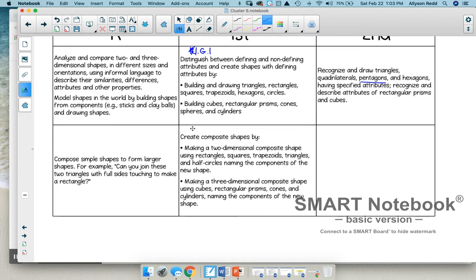And then for 1G2, in kindergarten, what relates to this work is composing simple shapes to form larger shapes. So, for example, can you join these two triangles with the full sides touching to make a rectangle? Right. So here they were really just taking simple shapes and making another 2D shape with it. But here we're going to actually make composite shapes from 2 and 3 dimensional shapes. So there really isn't much work in second grade that works on this. But later on in later grade levels,